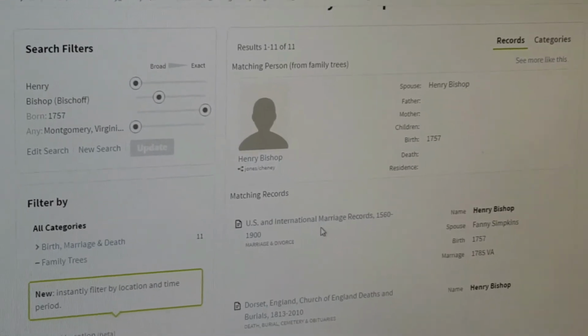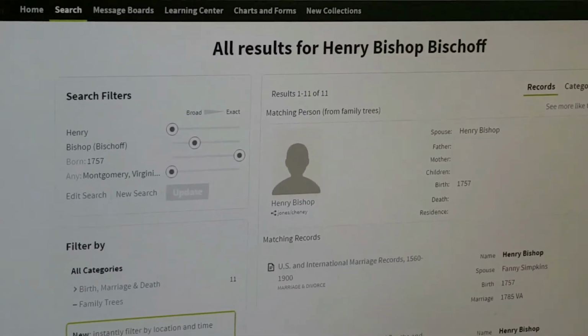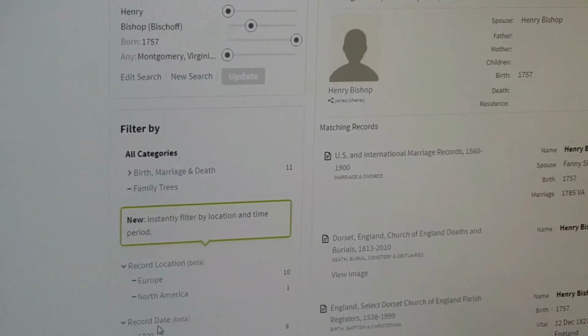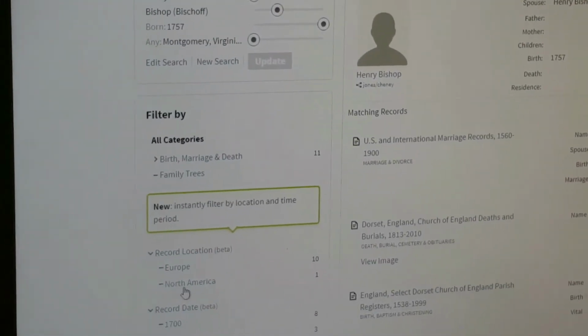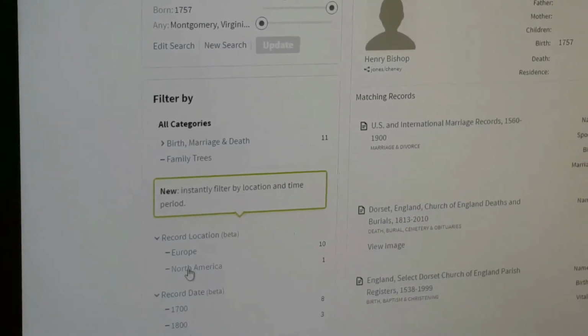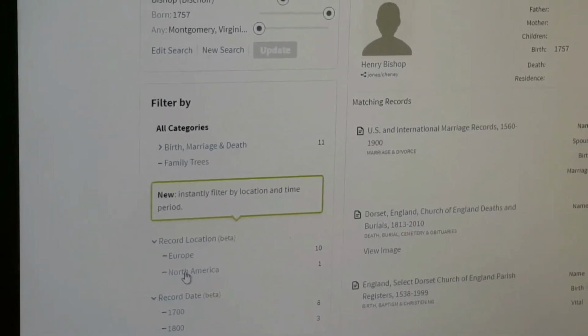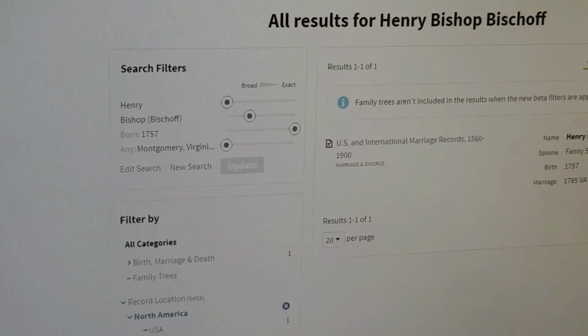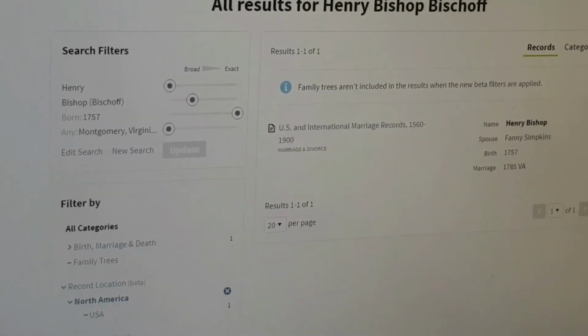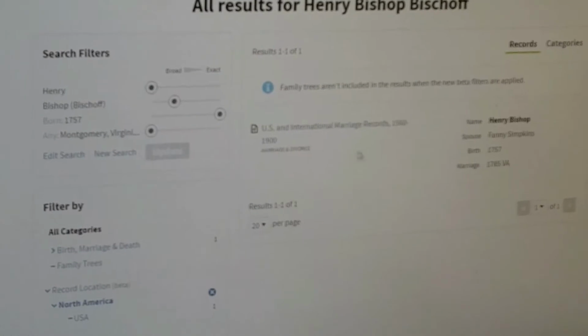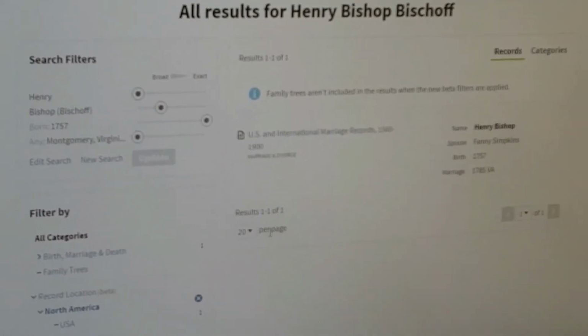And if you'll notice, there are a lot of English records. We are not going to use those because I'm not, at this point, sure that's where they came from. So I'm going to go back over here and show you that it's just North America. And it will take you down to this,